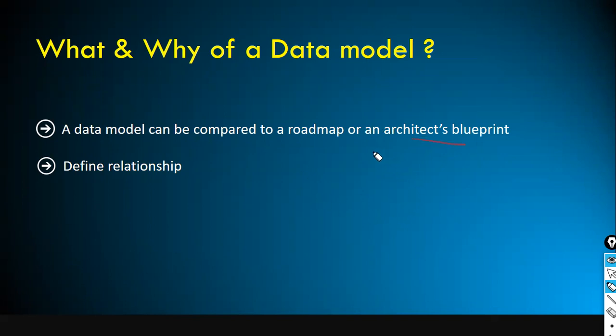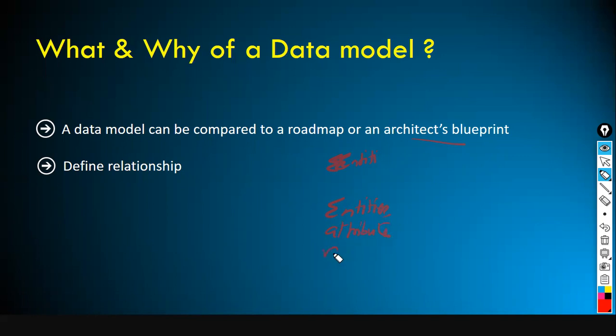What task are we going to do? In simple terms, you identify the entities, attributes, and the relationship. Entities, attributes, relationship. So what are entities? Entities are also called the tables. And attributes are columns. Relationship is relationship. Okay. In the past, traditionally, conventionally, in the olden days, they called tables as